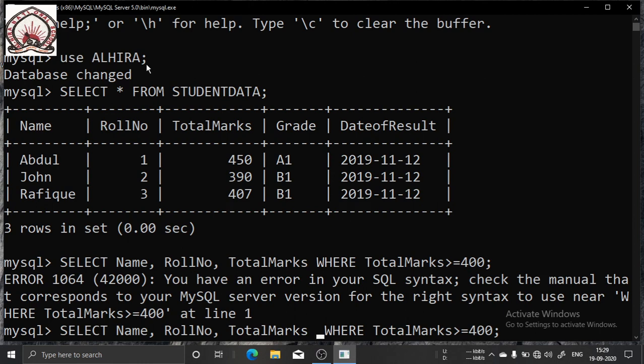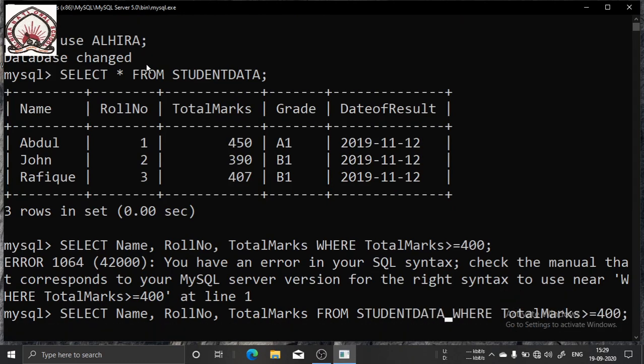In the earlier case I had done it. From, table name was student data. This mistake I was making, and for this reason the error is coming. From student where total marks.